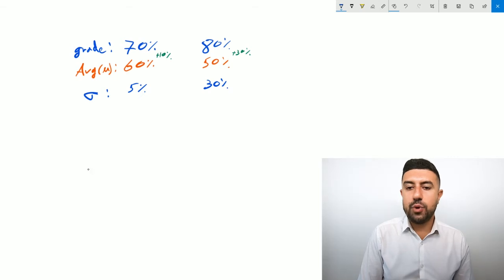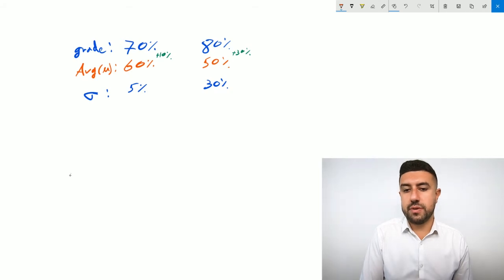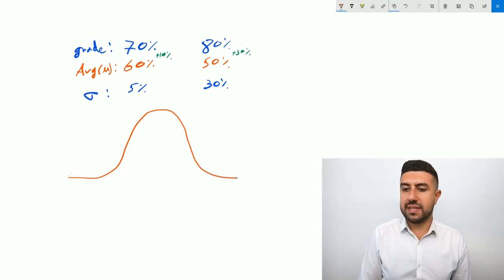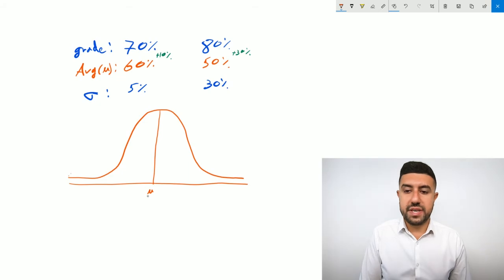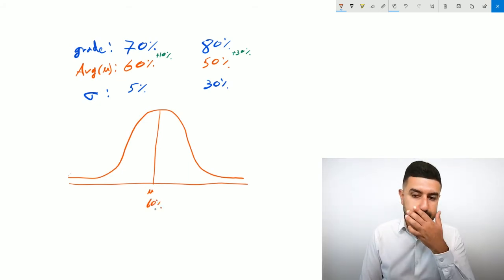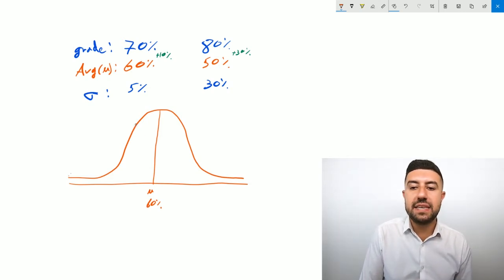Why? Because now we can draw what we call the bell curve, a normal distribution, which will look like this. A normal distribution is something that's used a lot in statistics, and it looks like a bell curve. In the middle here, we are going to put the mean, which is μ, and the mean is going to be, in our case, 60%. That's the average in the class. And in the normal distribution we see that you are going to have about 68%